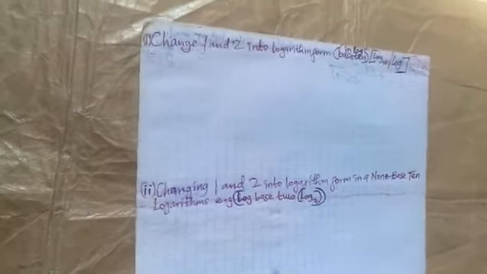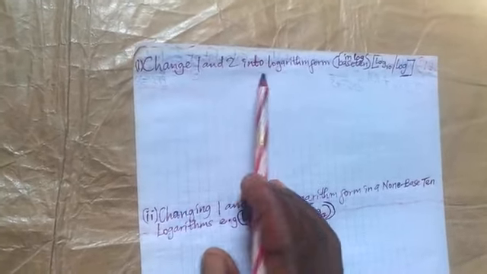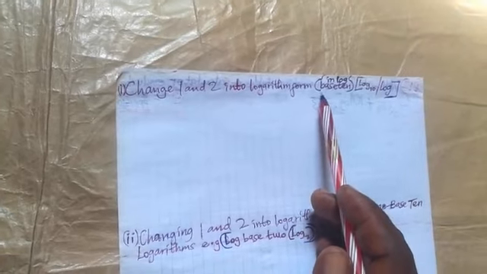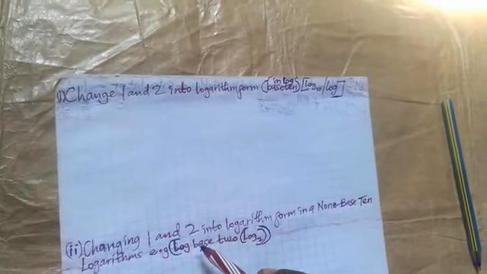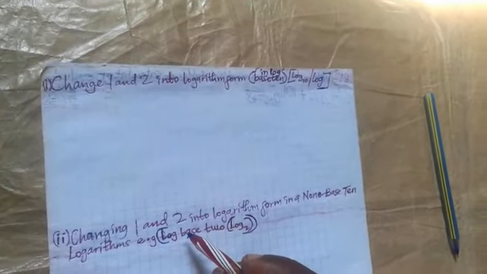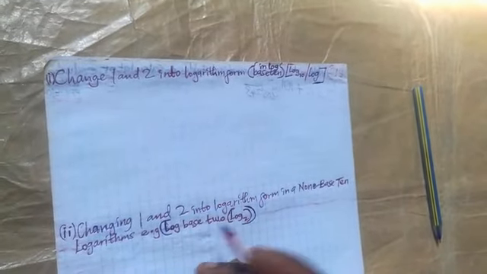For example, if we are told to change 1 and 2 into logarithm form in log base 10, we say that to change 1 into log base 10,